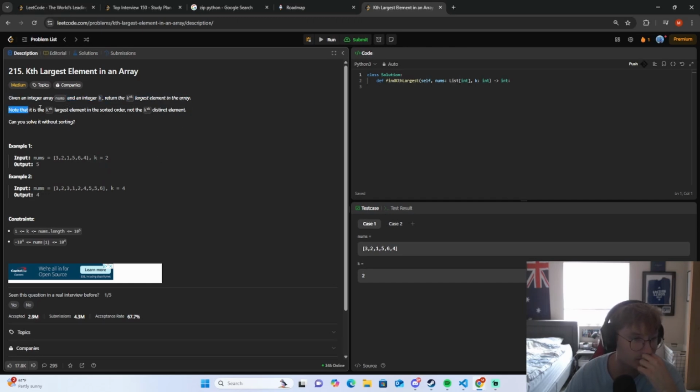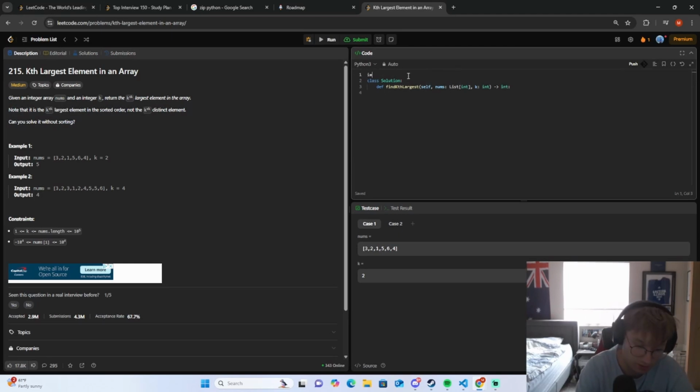I want the second largest one. Note that it's the kth largest element. Can you solve it without sorting? Well, yeah, we can, right? I think this is a pretty straightforward problem once we import our heap. We obviously want a max heap, technically, right? Let's see if we can do it using a min heap, because I think we can. I think if we just loop through all the values,